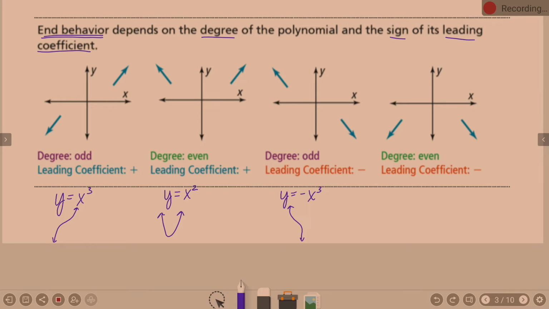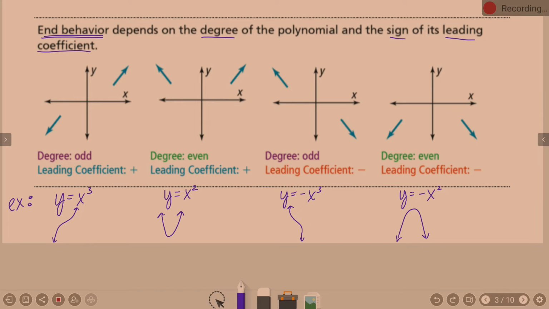What's different over here? Down and down behavior, that's going to be an even degree, yes, but what's different? It's going to have a negative lead coefficient. So for example, what does y equals negative x squared look like? That's an upside down parabola, isn't it? Okay, and these are just examples. Are these the only options? No, this is just me throwing some examples out here to try and give you an idea. Okay,